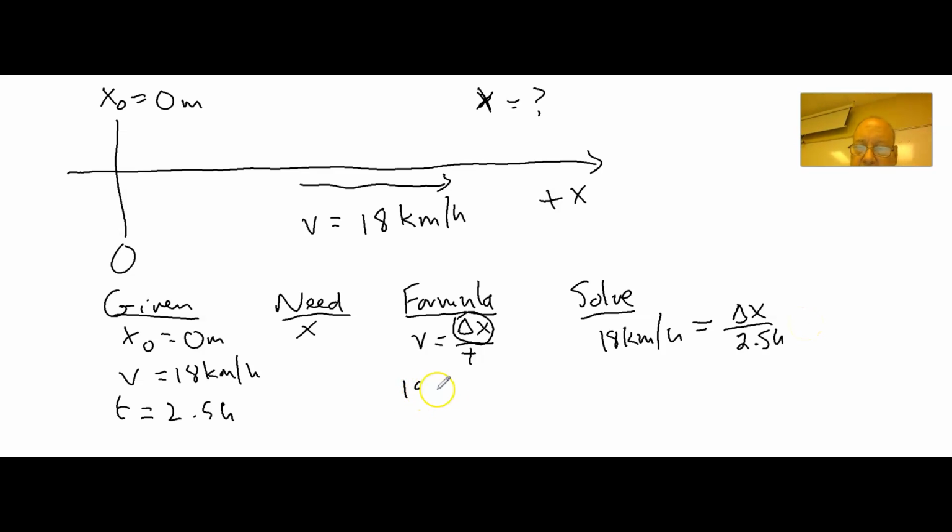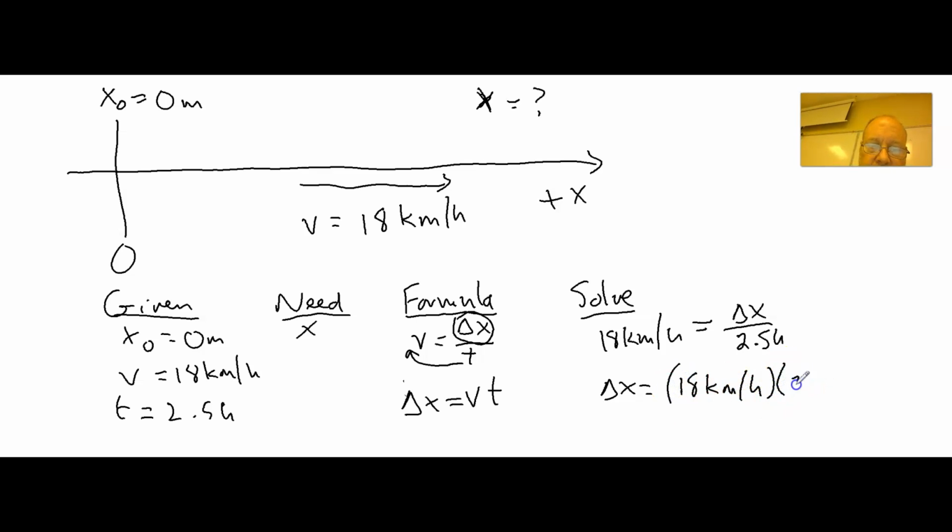But I want to do this. I want to first multiply both sides of the equation by t, and that makes it so that delta x is velocity times time. And now we get a better understanding by looking at this of how I can find how far I went if I know velocity and time. I can go this far if I have this velocity and this time, and so now I can come over here and say delta x equals 18 kilometers per hour times 2.5 hours,